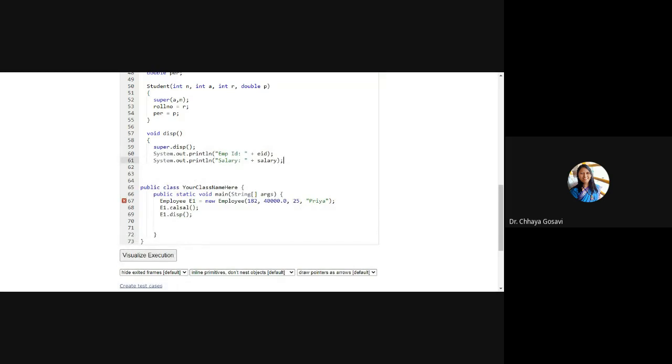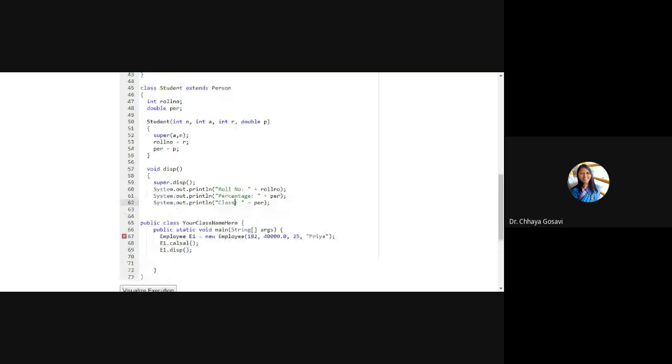It will call the display method for displaying name and age, and roll number and percentage, and we can also display grade. Depending upon the percentage, we can display grade, or class: first class, second class, etc.